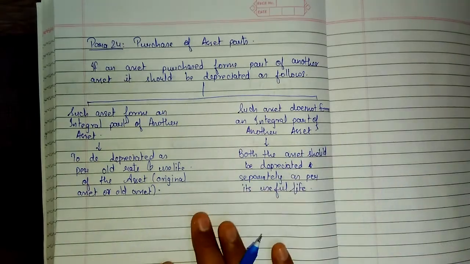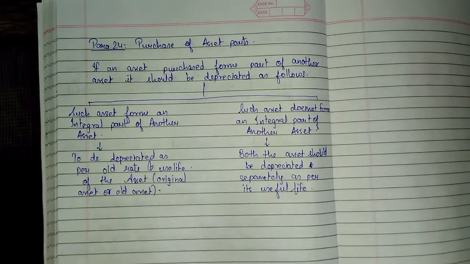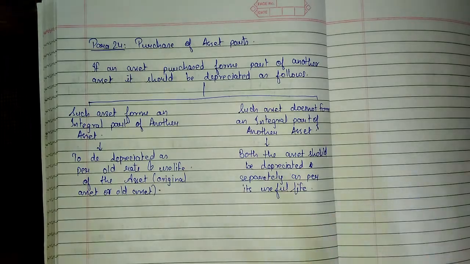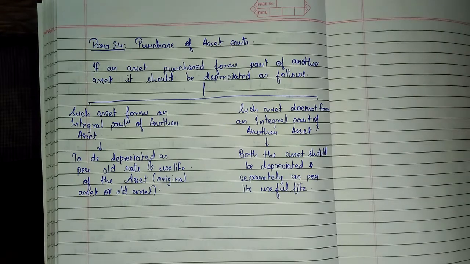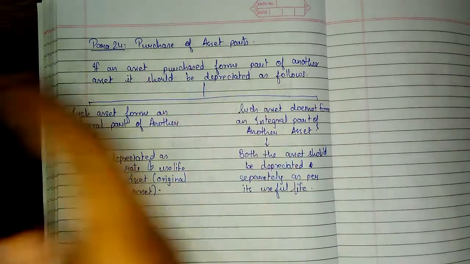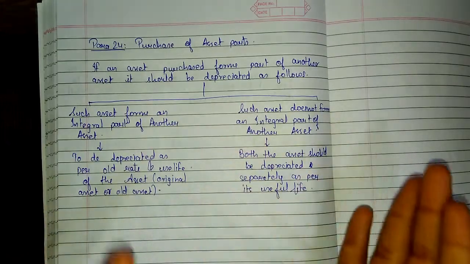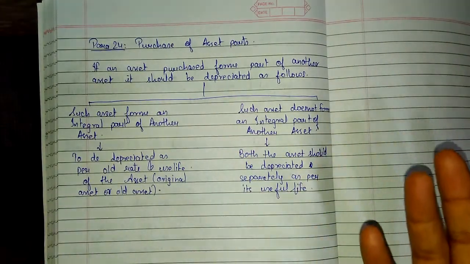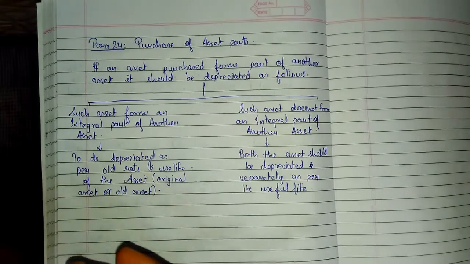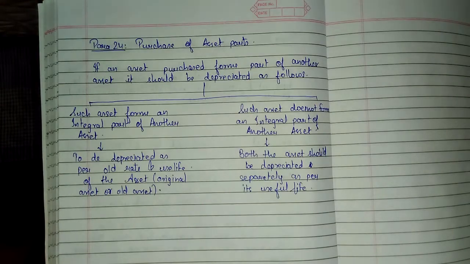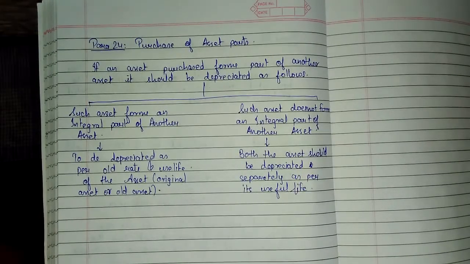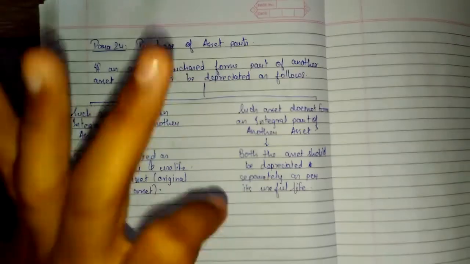So now we have one remaining para, that is para 12. This para I usually teach in the end because this is the para in which there are different methods of depreciation. It has been told in this para, the direction is given, that even if there are different methods of depreciation, that means if you have 10 different assets, you can follow different methods. That is, on the first asset you followed WDV, on the second you followed SLM, on the third you followed sinking fund method of depreciation. Whatever method you want, you can follow on your asset, but on a particular asset you have to follow a particular method only.